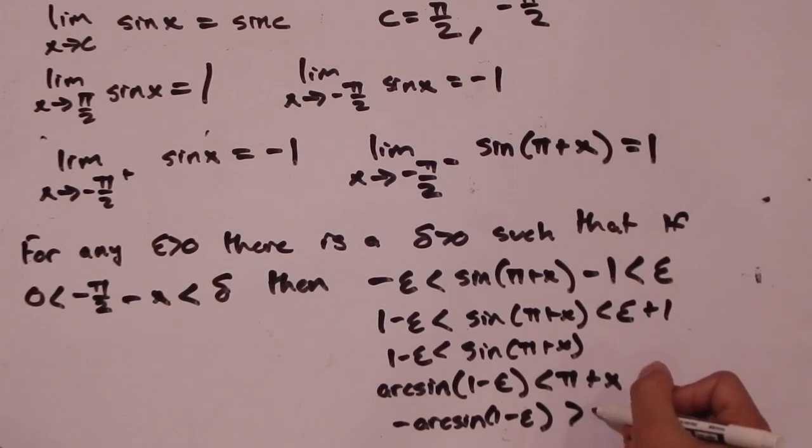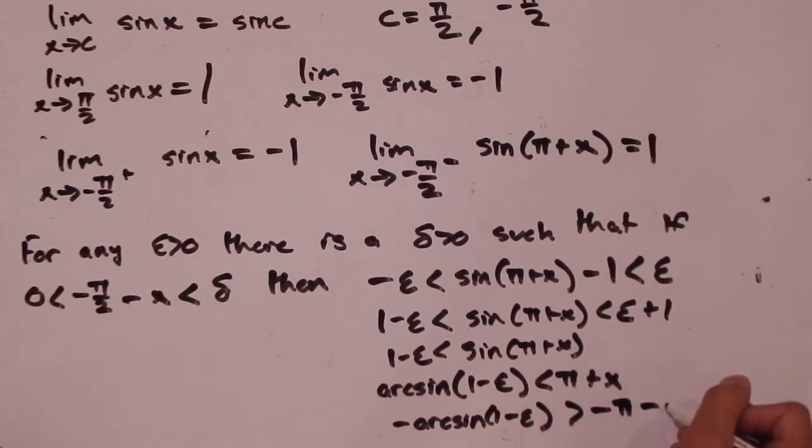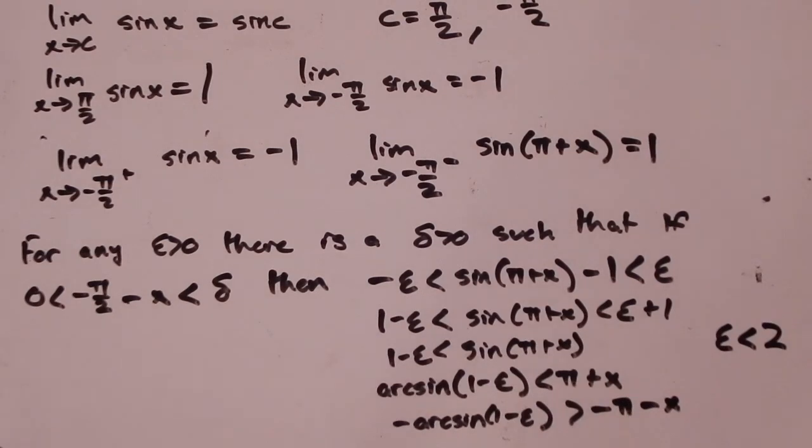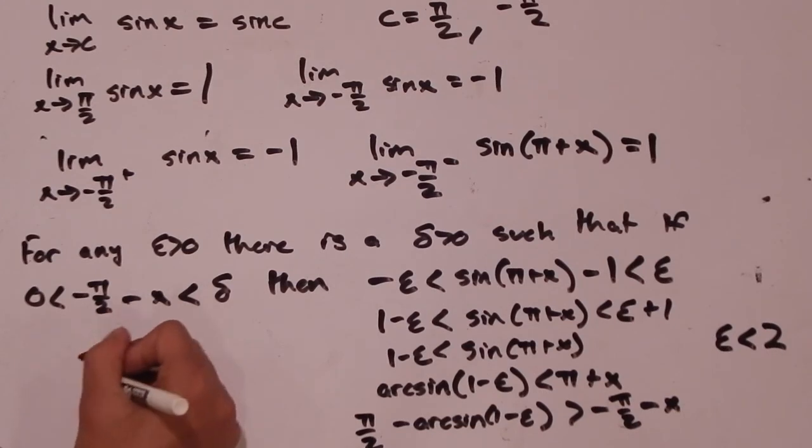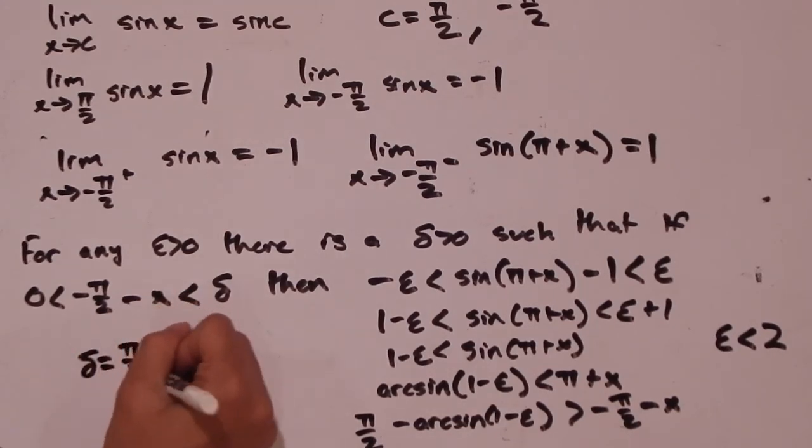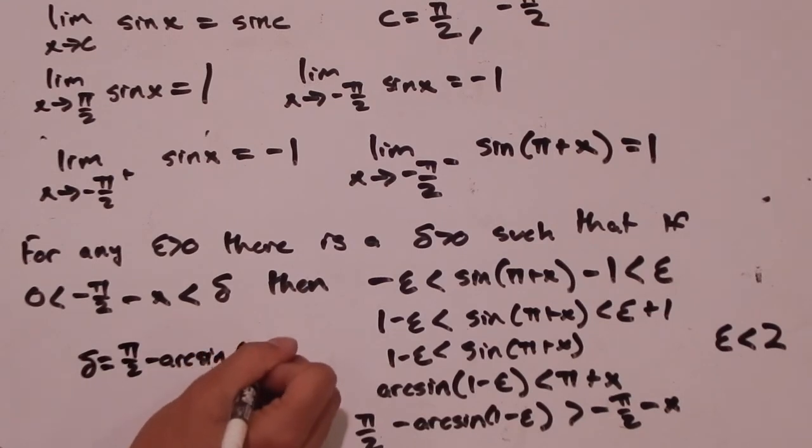And on this side, we get negative pi minus x. And one thing to recall again, epsilon has to be less than 2. Epsilon cannot be greater than 2 because that arcsine function cannot take an input outside of numbers between -1 and 1. And now we're going to go ahead and add pi over 2 to both sides. So we're going to get negative pi over 2 here, and we're going to get pi over 2 here minus that arcsine. And again, we end up with delta is equal to pi over 2 minus arcsine of 1 minus